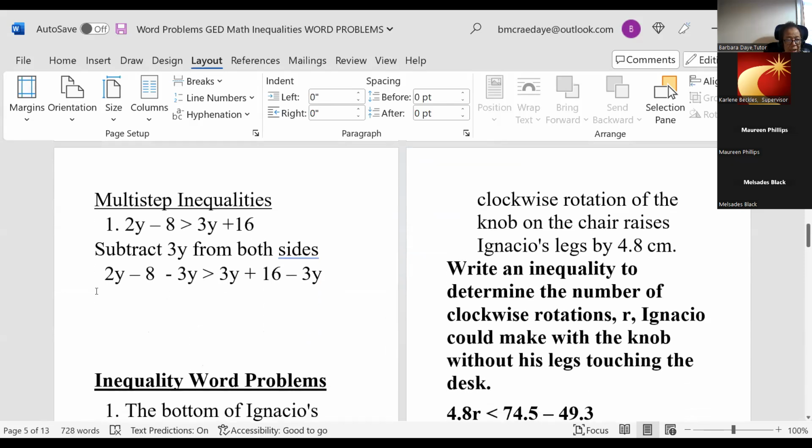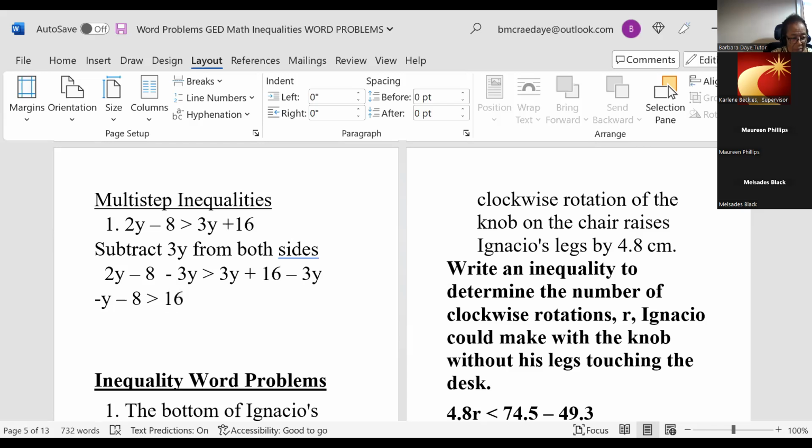Okay, now on the left side, Maureen, are you eating or can you answer something? I could ask. What's a 2y minus a 3y on the left side? 1y. Plus or minus? A minus. That's right. So we have minus y minus 8, greater than, and the 3y and a minus 3y will give you 0, so we'll just have